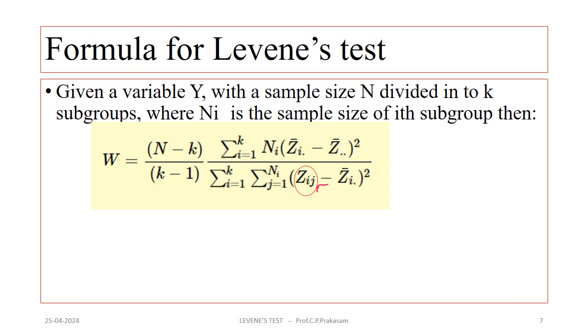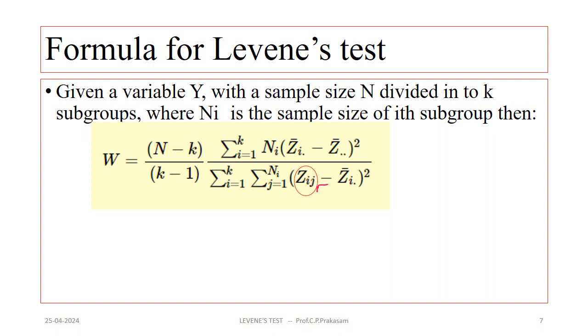Then what is the formula for Levene's test? Given a variable y or x or V1, whatever it may be, with a sample size N divided into k subgroups, where ni is the sample size of the ith group, then the Levene's test statistic W equals N minus k, where N is the total sample size and k is the number of subgroups, multiplied with the summation of ni